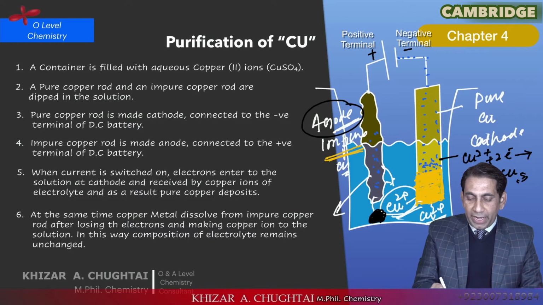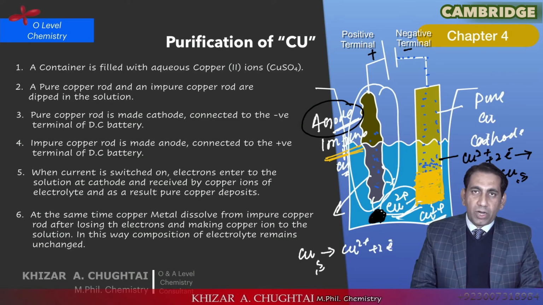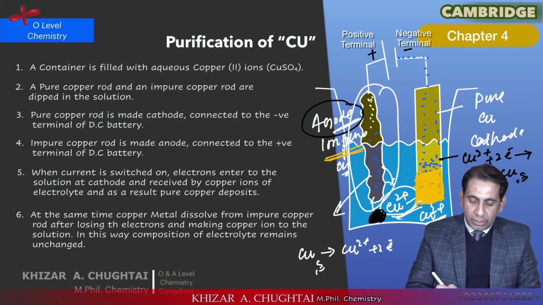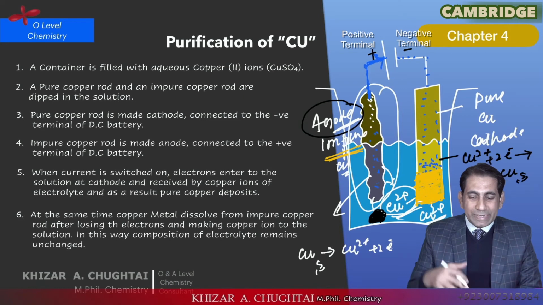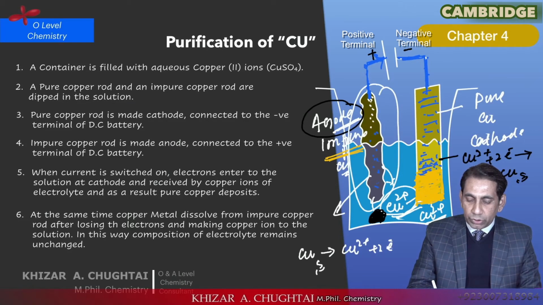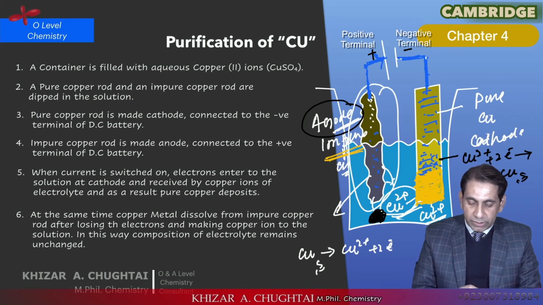The reaction happening at this terminal is the dissolution of the anode itself. Copper solid will change into copper 2 positive ion after losing 2 moles of electrons. So these electrons are lost here. Electrons are being lost, and they are sent to the positive terminal of the battery. So the anode is dissolving itself, sending the electrons back to the battery, and the battery is giving electrons to this cathode, which is said to be the electron shop as well. In this way, this whole circuit, this whole mechanism is in operation.